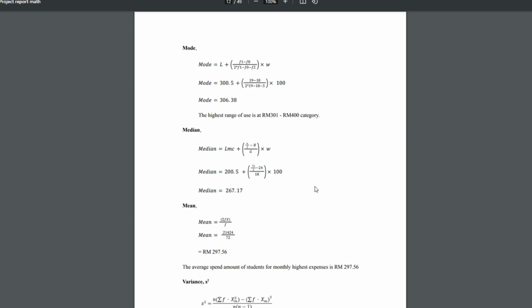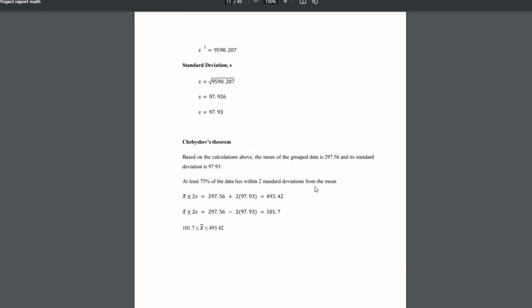We also calculated the variance and standard deviation to check the Chebyshev theorem. The data shows that 75% of the data lies within two standard deviations from the mean,